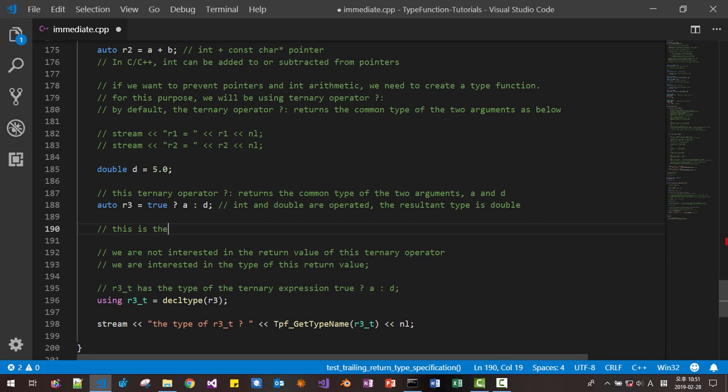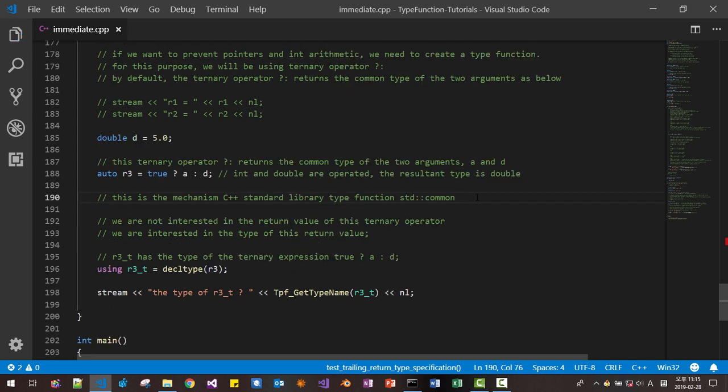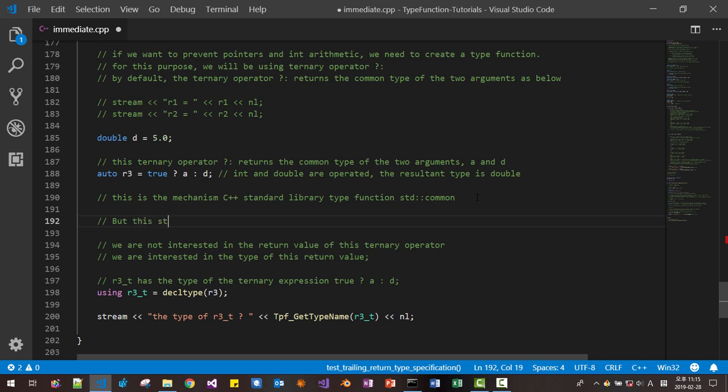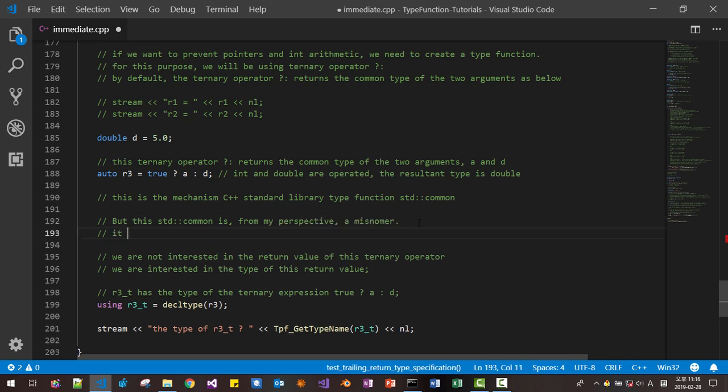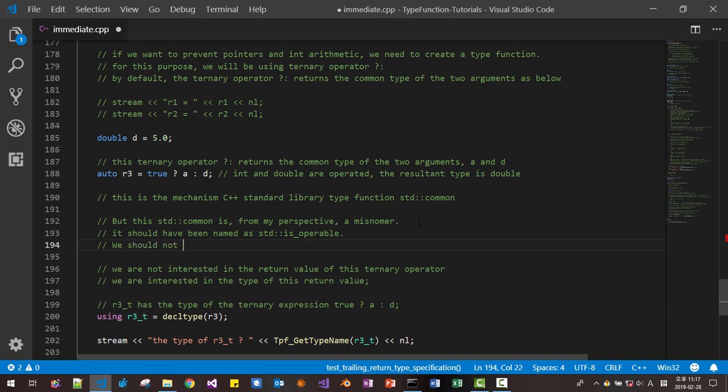This is the mechanism of the C++ standard library type function std::common_type. But this std::common_type is, from my perspective, a misnomer. It should have been named std::is_operable. We should not use std::common_type to get the common type of two arguments.